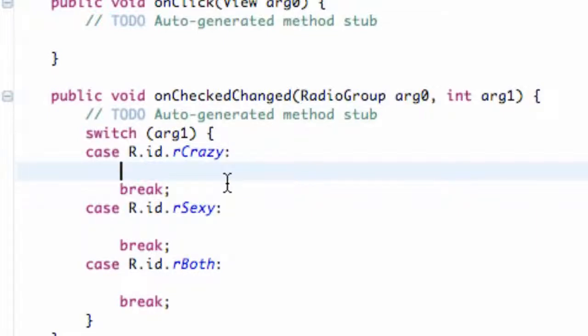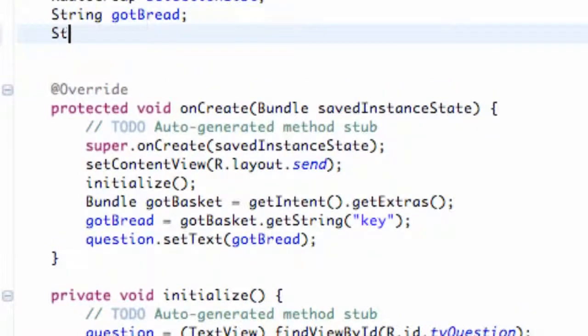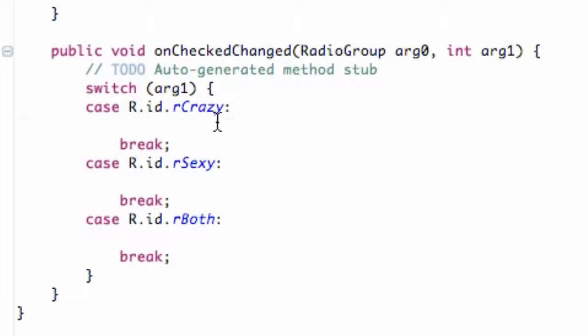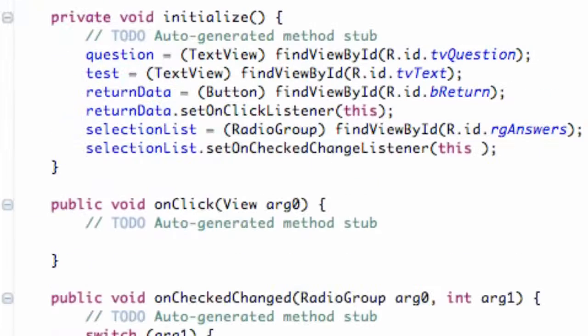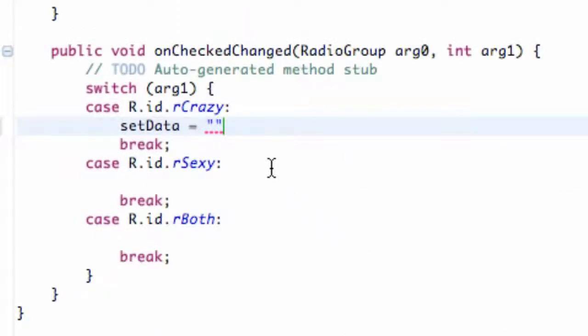But what we're going to do is basically set up a string variable. We're going to set up a new variable above our class, and we're going to say send data. That's what we're going to call this. So we're going to set send data up within our switch case down here. These are kind of the answers for the most part. Did we set up answers? Not positive. No. Alright. So we're going to say send data, and if it's crazy, we're going to say probably